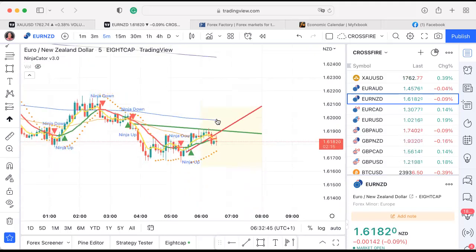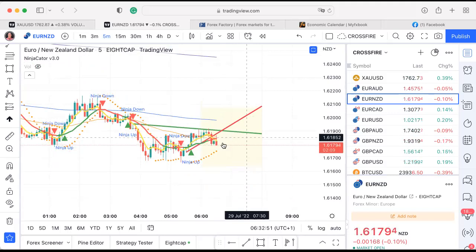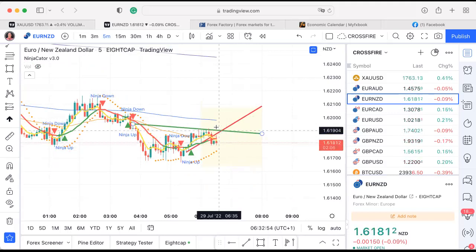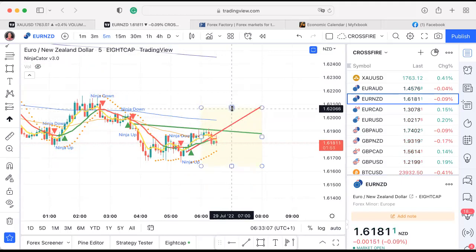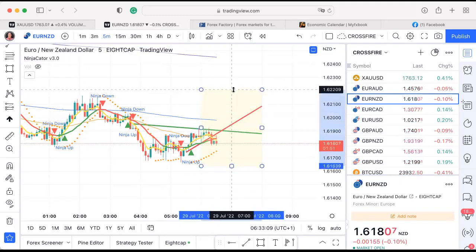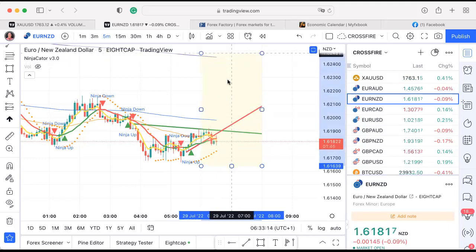There it is. So looking at euro, New Zealand dollar, what I'm hoping for is that price will go above the green line. I'll probably stay out until it gets past the blue line there, and then think about getting into a trade to take me up to that purple line. At the moment, the PSARs haven't switched. They're all on the way down, and the gap is narrowing.